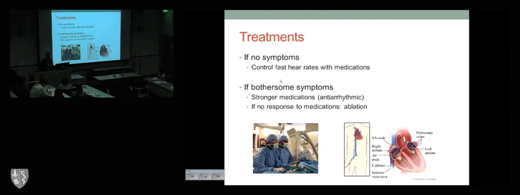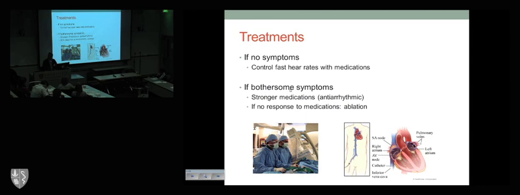So there are several ways to handle these very fast heartbeats. If you fall into the camp where you don't really feel the extra heartbeats or the irregular heartbeats, we may just make sure that your heart doesn't race too fast. We might give you some medications to slow down your heart a little bit, and then leave it at that. But if you are bothered by palpitations or you get fatigued or short of breath, then we have a lot of options. We have several specialized medications to help keep your heart beating normally. And these are called antiarrhythmic medications. There's a whole list that we have to choose from.